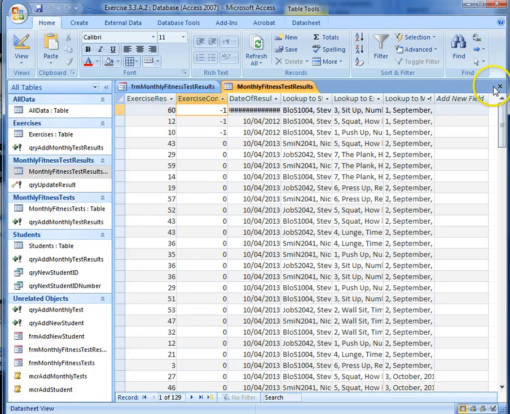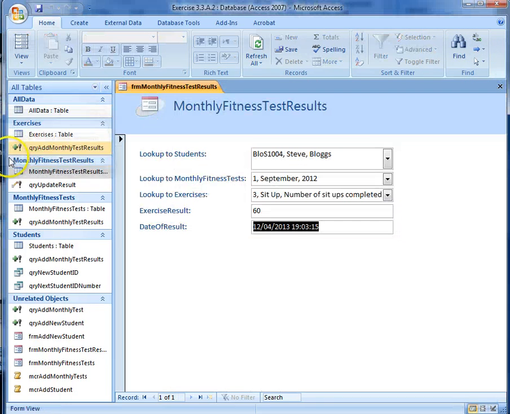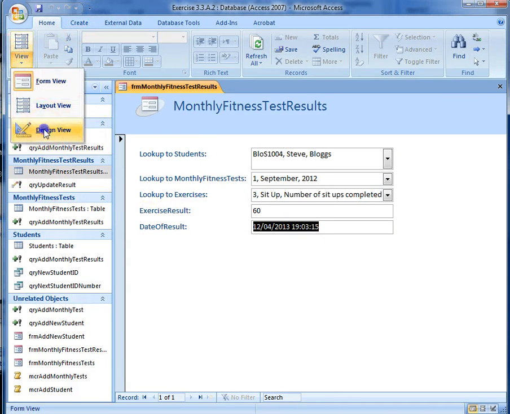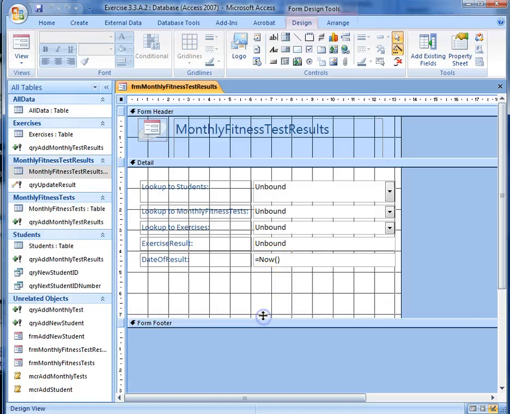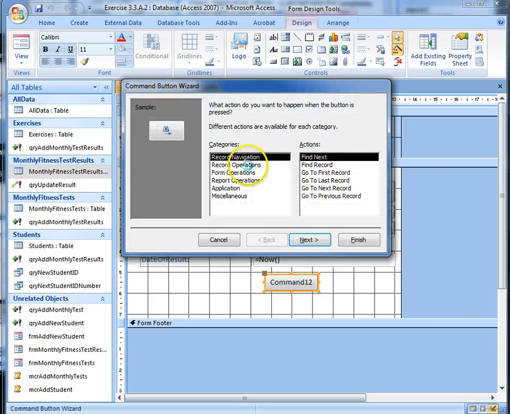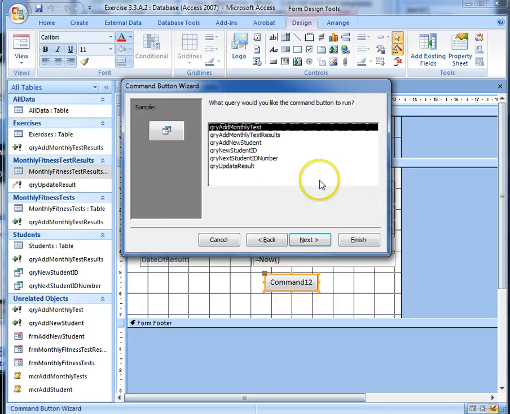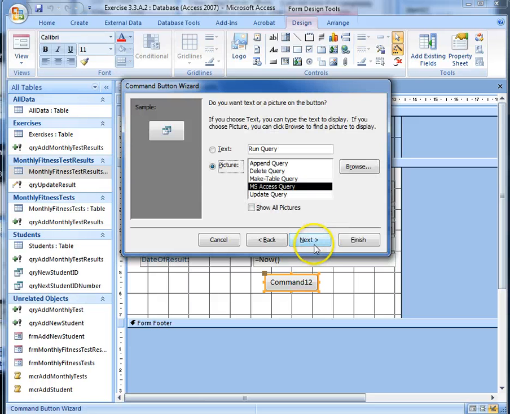So what we have is a query that is completely working, and we're just going to finish this one up. As there's only one query to run this time, we can just make the macro, build from the button. So I can just click on that. Miscellaneous, run query, and query Update result. Of course, you could actually make a whole separate macro